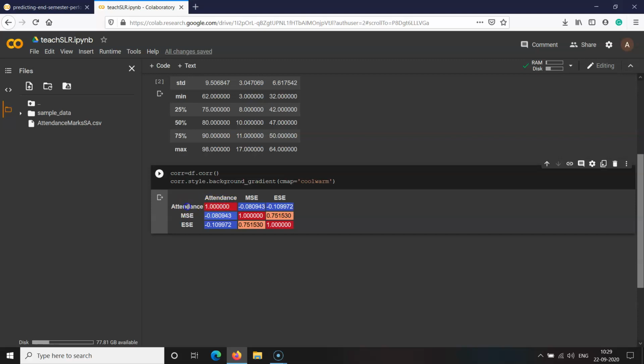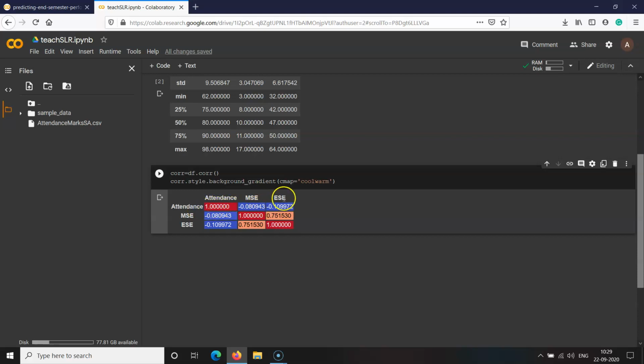When you perform the correlation analysis with attendance and the mid-semester examination, these are two different variables, and the result that we got here is 0.08, meaning it does not signify a very strong linear relationship between the attendance and the mid-semester examination mark.